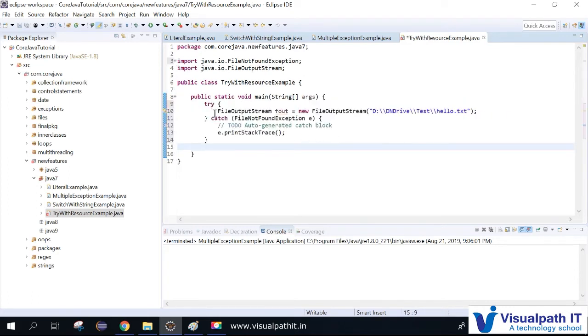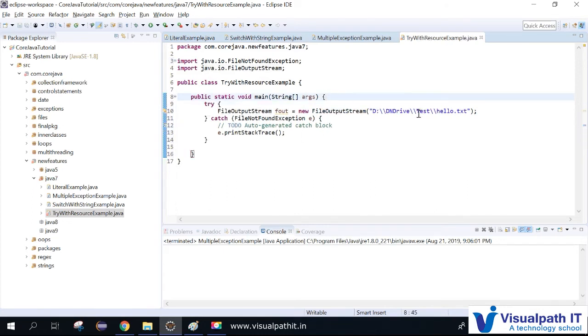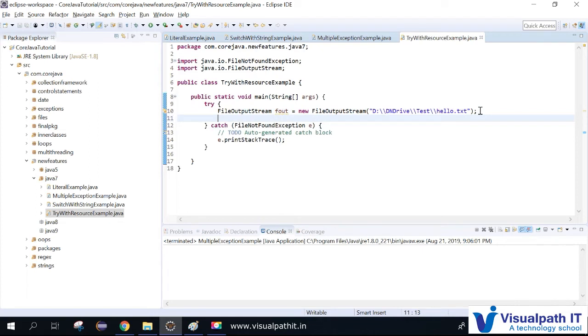So what I'm doing is creating a FileOutputStream class object. There I'm giving an input, which is the new file I want to create, and then I want to write some text to it. String message, I want to write "welcome to Java 7".